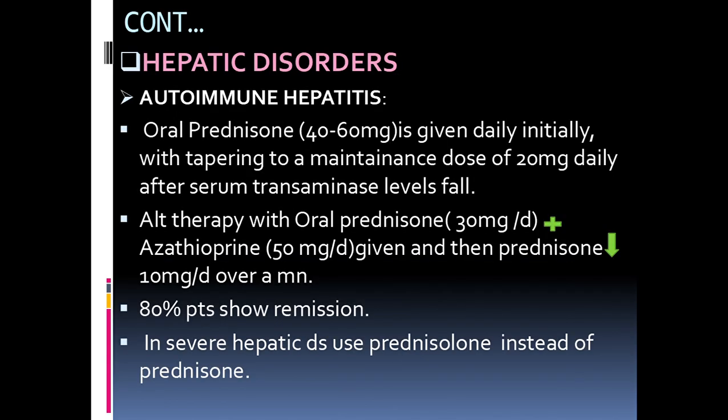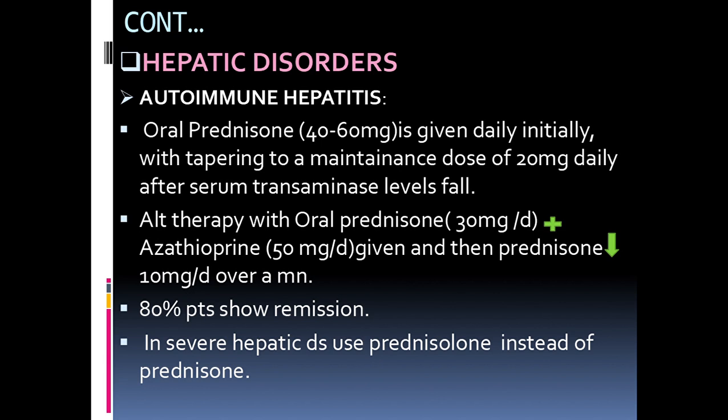In hepatic disorders like autoimmune hepatitis, oral prednisone 40 to 60 mg is given daily initially, with tapering to a maintenance dose of 20 mg daily after serum transaminase levels fall. Alternate therapy with oral prednisone 30 mg per day plus azathioprine 50 mg per day is given, and then